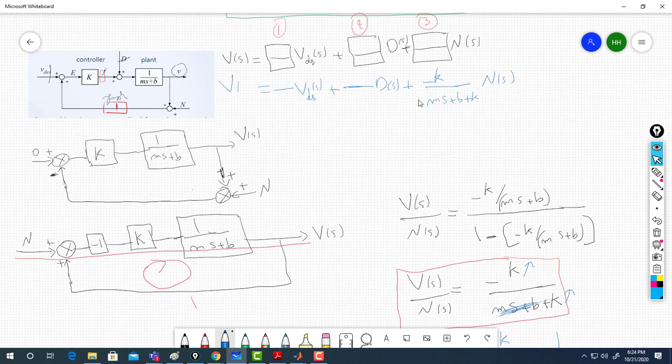All of those will give you v of s. So now, what I'm saying is, if you are taking k very high, then v of s will be, in case of k very high,